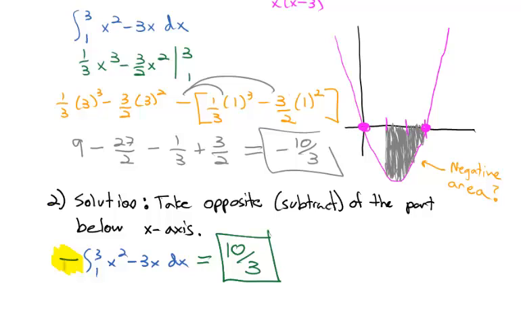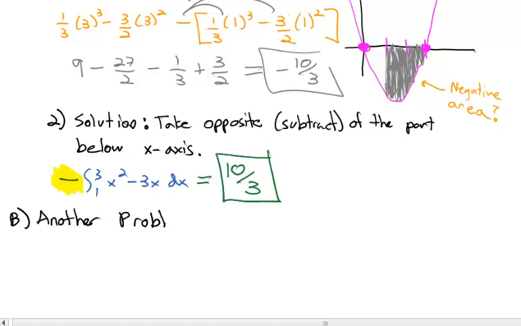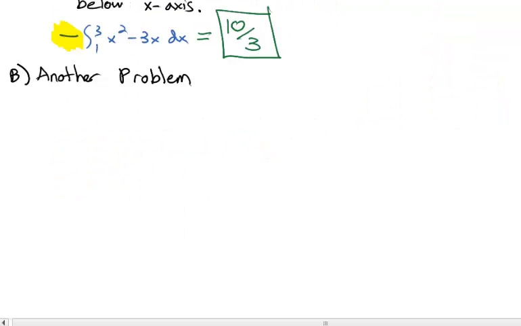So that works. If we get a negative answer, just make it positive. Seems simple enough, right? Well, actually, that complicates things because now we have created another problem. Let's find the area